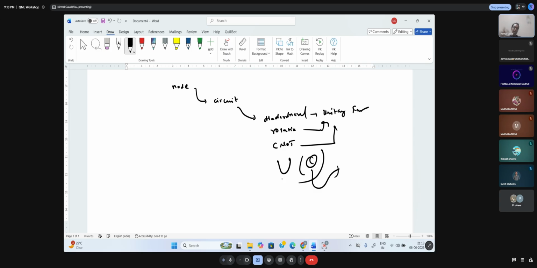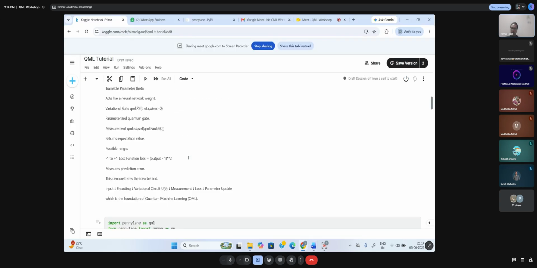So what I'm going to do here is take an input 0. Let's say I have a wire 0. I'm taking input 0 into the wire 0, passing this into the unitary function, and then returning the measurement. Measurement, return, and print the measurement. That's what I'm doing. So far we have performed only these codes.